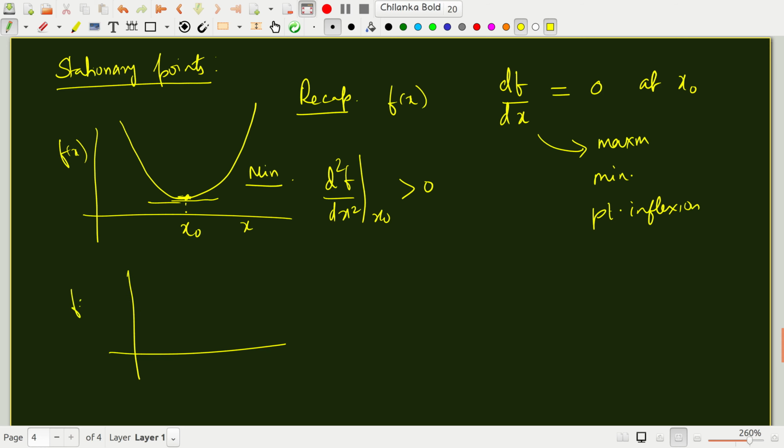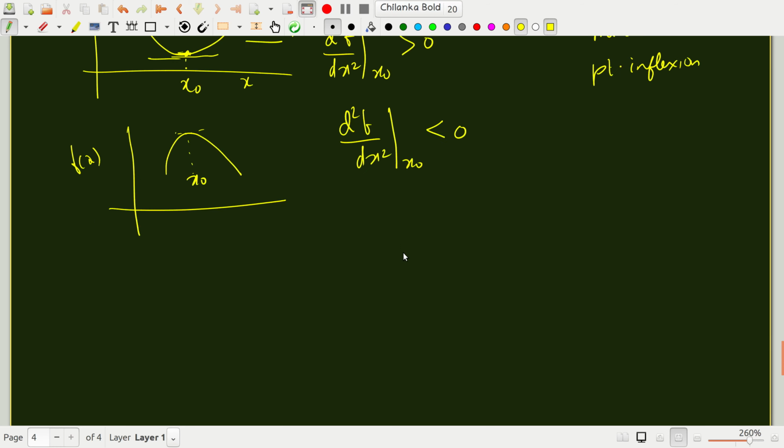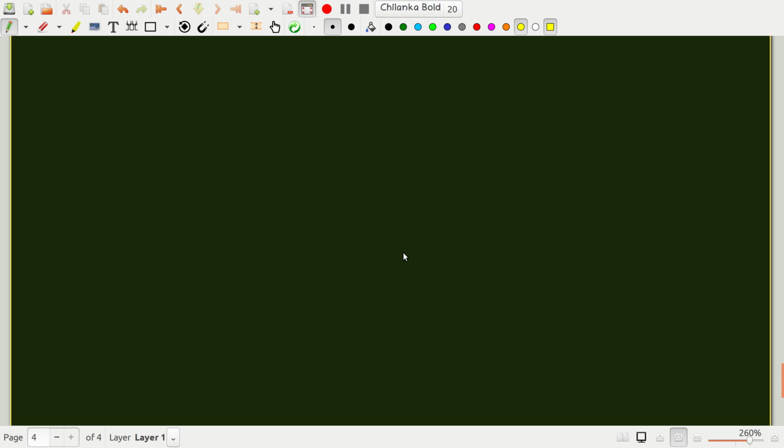On the other hand, if the function exhibits a maximum at x0, then d squared f by dx squared, by the same argument, evaluated at x0 should be negative. So this immediately tells you a criterion for finding the maximum and minimum of a function of one variable. Now what is the case when d squared f by dx squared is also 0? Okay, now that corresponds to a point of inflection, that is the function of x will change like this, go like this.